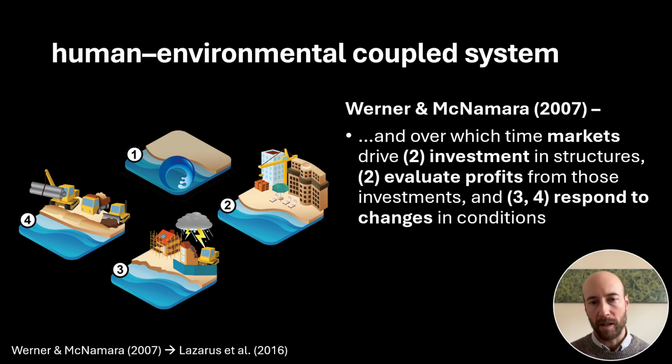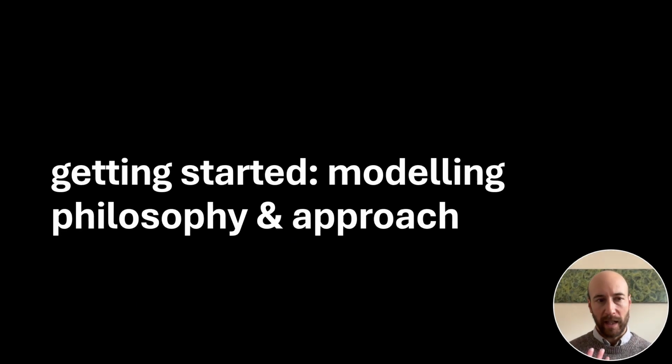And we'll talk about the importance of identifying where the feedbacks are. We'll talk about that in a little bit. So if you were going to get started doing your own coupled system model, you're effectively making a bunch of choices that are grounded in philosophy and approach. So there's no one way to do it. There's no one correct way. I don't want to give that impression at all.